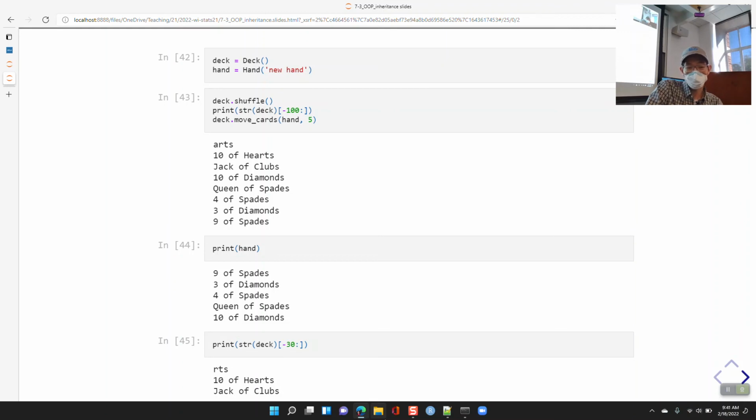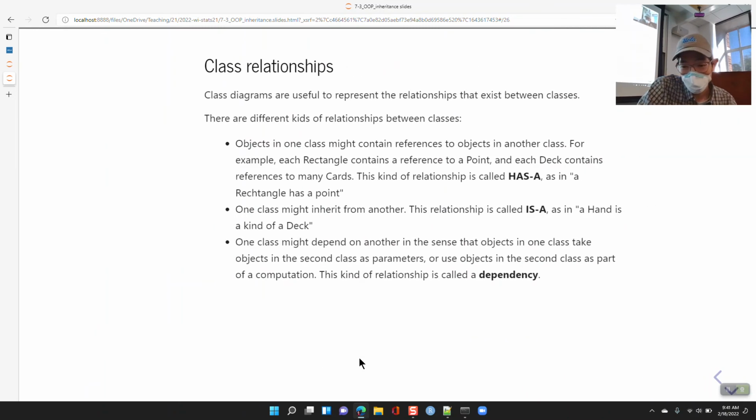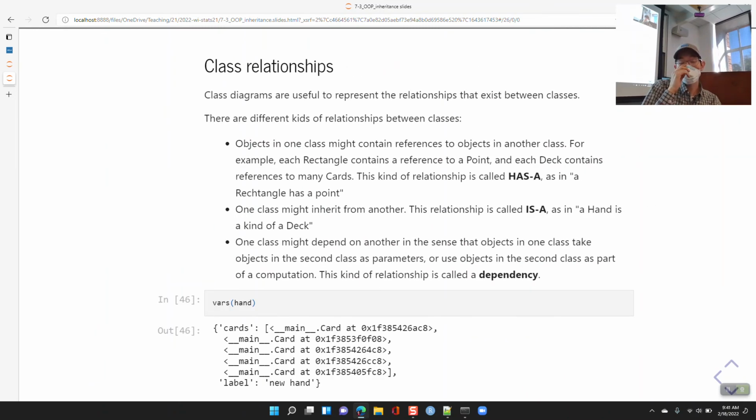Okay, and then if we ask, all right, what's at the end here, we see the 10 of hearts and the jack of clubs are the last few cards in my deck now. So my deck now has 47 cards in it. Okay, if we ask what's inside my hand,